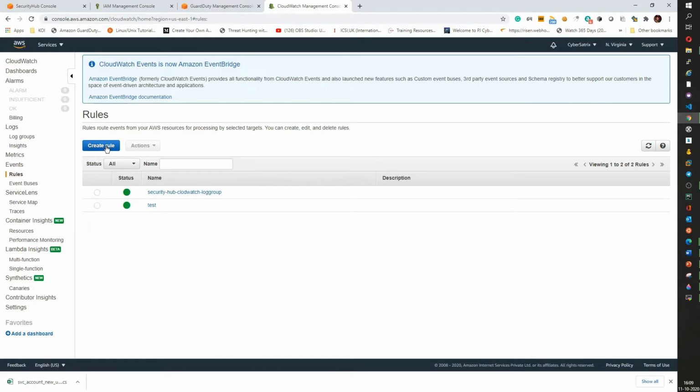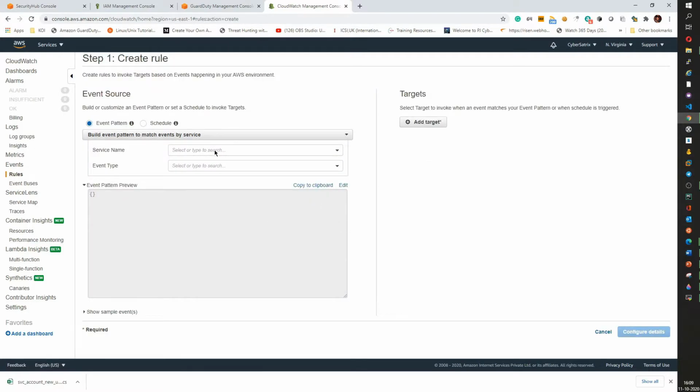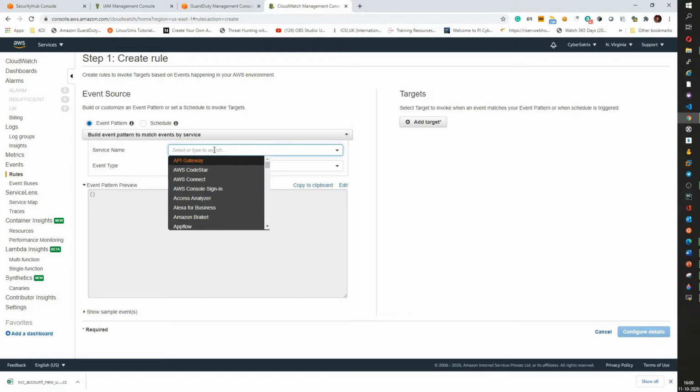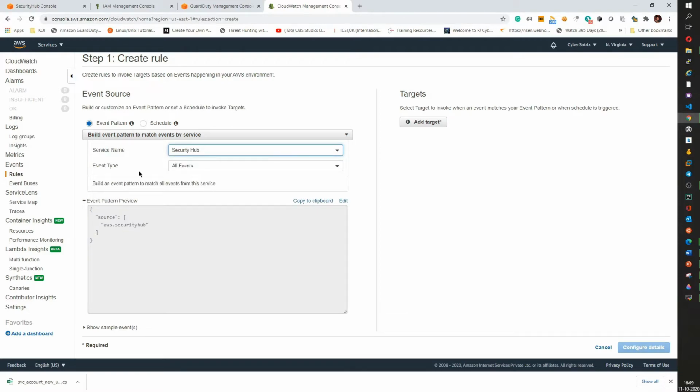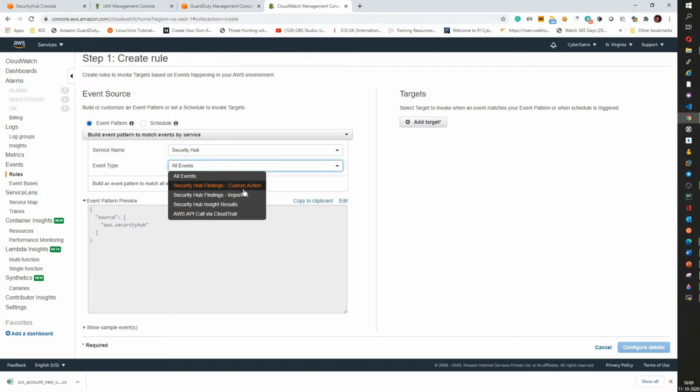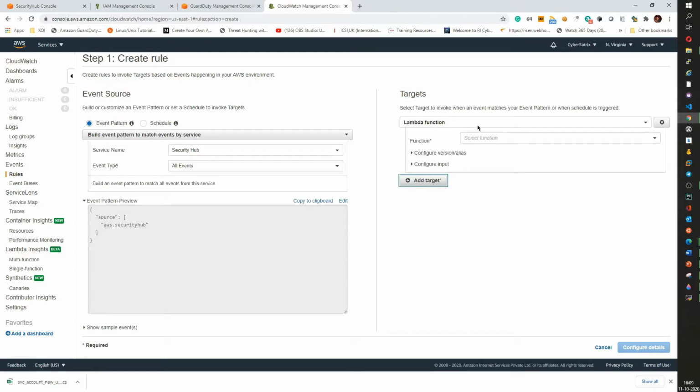So I'm going to create a new rule. What does EventBridge do? EventBridge connects the source and the target using the event bus. So the source here is security hub. I want all kinds of events, irrespective of whatever we are getting in the security hub, and I want all these logs from the security hub to be sent to a target, and the target in this case is log groups. So I have CloudWatch log group, and you can give a custom name here. Let me say